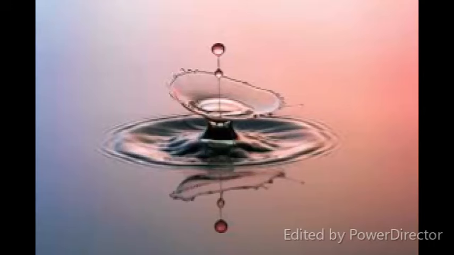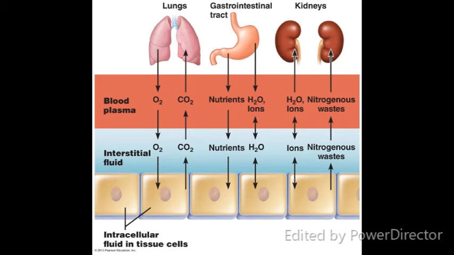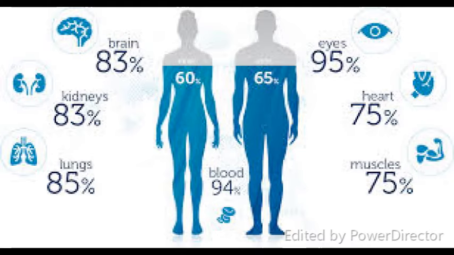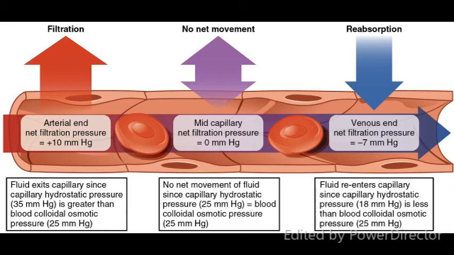Hi guys, today we're going to talk about water, the role it plays in the body, and how to optimize it for athletic performance. So, why is water so important? Water is the most abundant molecule and major constituent within the body. Water is essential for cellular homeostasis. It transports nutrients to cells and removes waste away from cells.